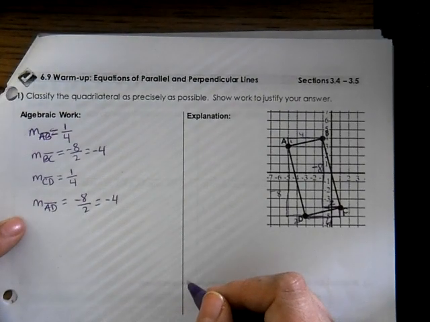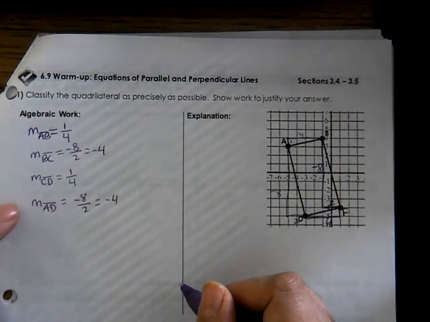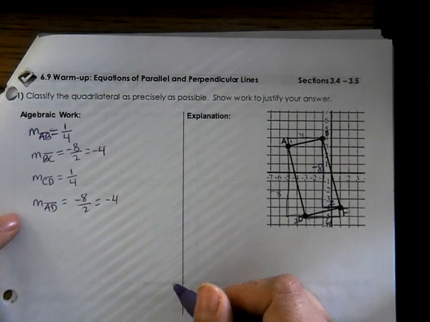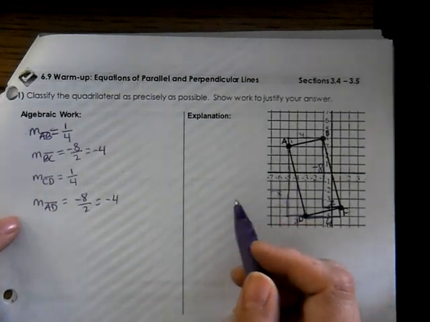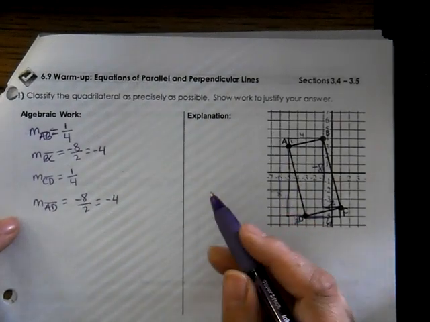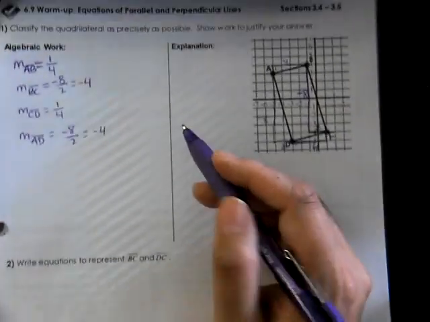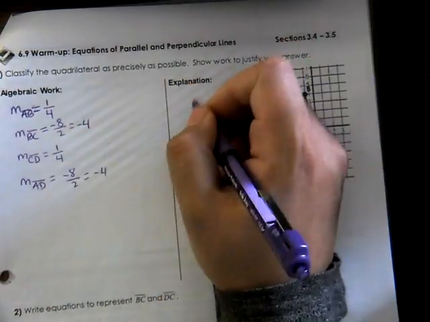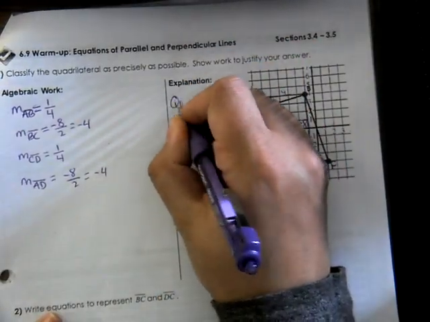Now, we don't actually have to find the distances because nowhere is it saying that you need to find the perimeter or the area or anything like that. If it does, though, we would have to find some of the distances. Well, it is going to do it down at the bottom for part C, but we'll do that when we get there. So for your explanation, you can say that quadrilateral